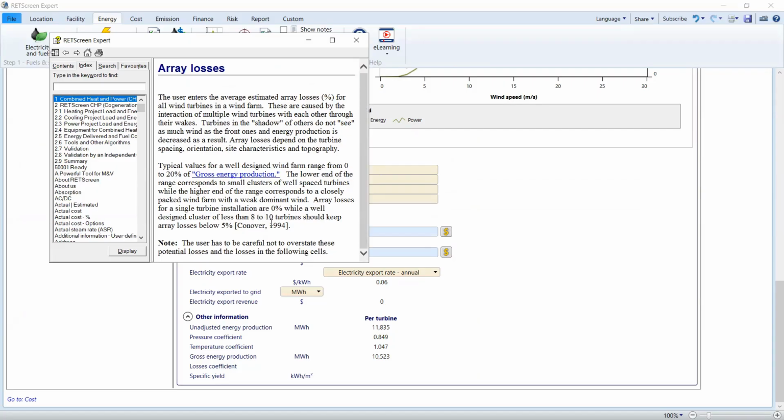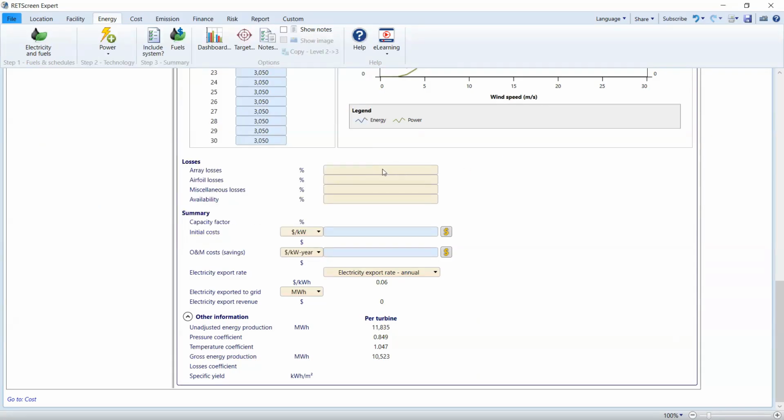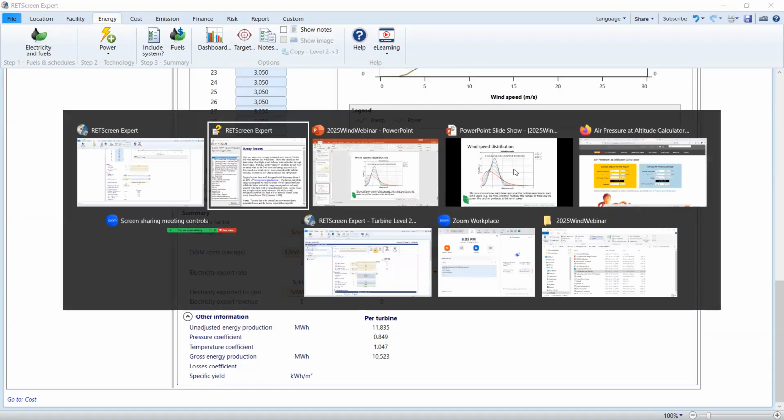It says 8 to 10 turbines should keep losses below 5%. We've got more turbines than that, but I'm still going to go with 5%. Why? Because when I go back to